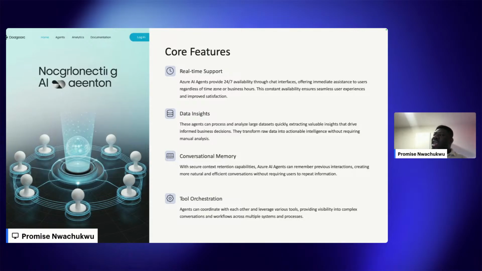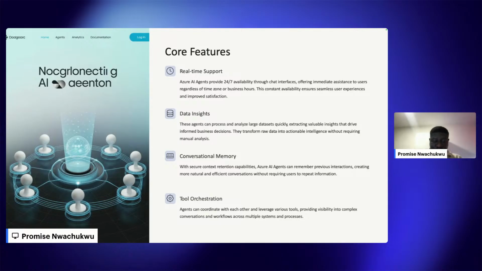So, as a business owner, someone who is in a position to make decisions, one of the things you want to be able to do is ensure that you are making the right decisions in an appropriate amount of time. Now imagine a tool that can help you make these right decisions faster. So that is one core feature of the Azure